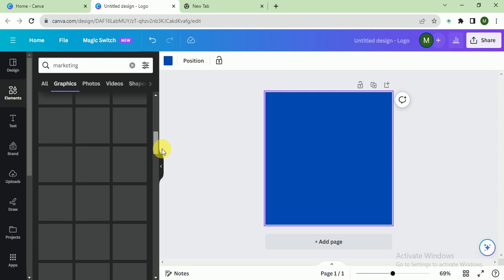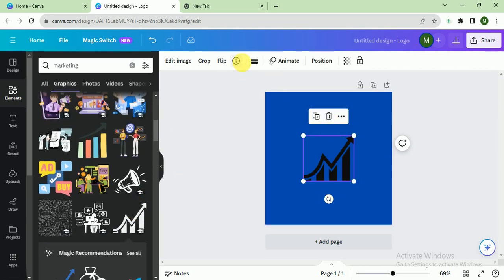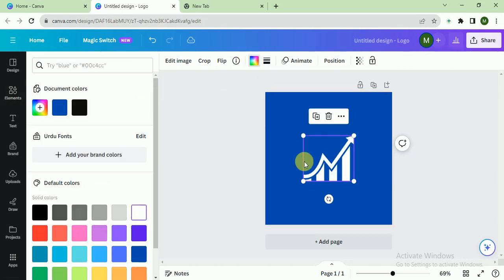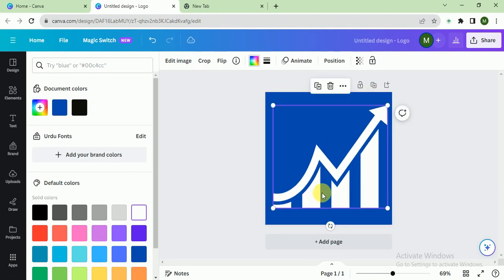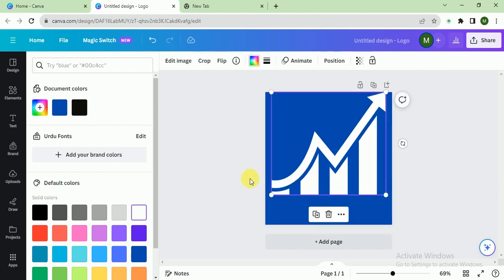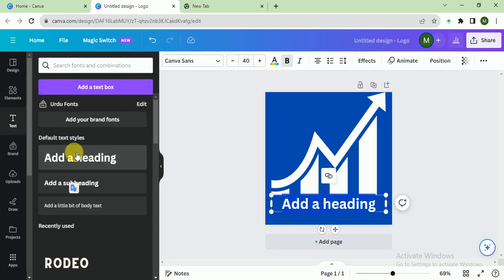I think the previous one is good, this one is good. So I change the color, it should be white, and it looks good. After that click on text, and here I search